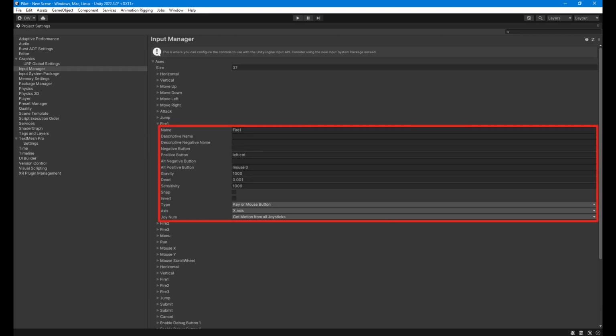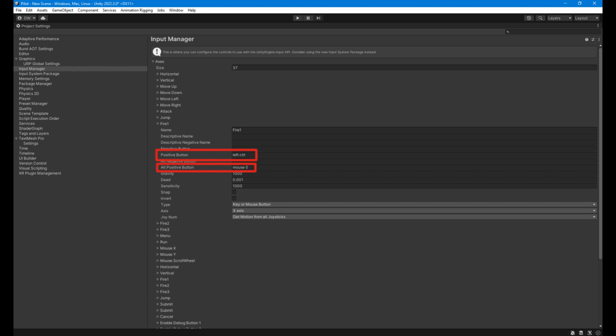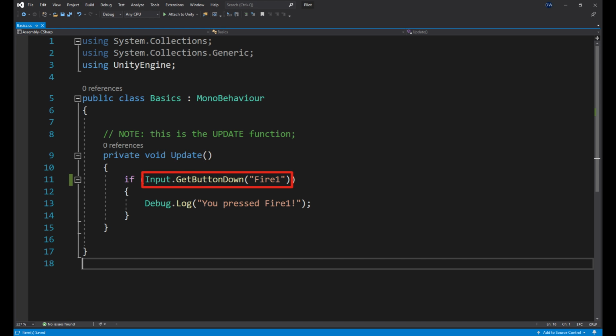The most important to this tutorial being the positive and alt positive buttons, which refers to which button activates that specific input. So for our case, pressing the left control or the left mouse button will cause line 11 of our script to activate, which in turn will cause the game to print the debug log message onto the console